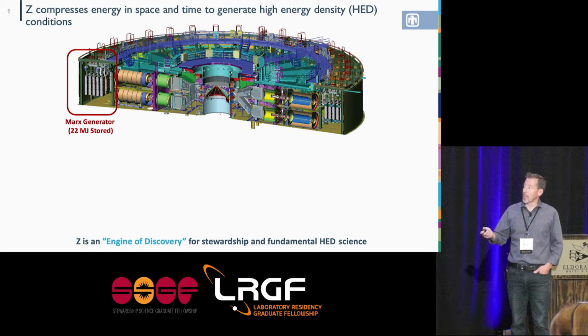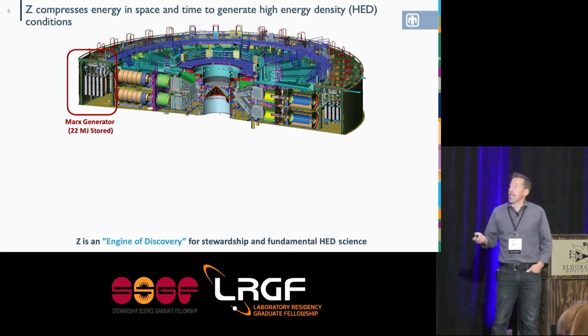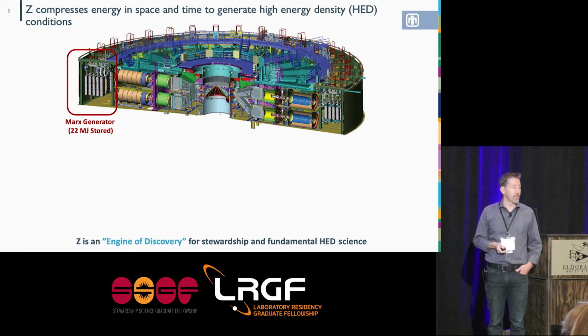And this is really the largest pulse compression stage right here. These capacitor banks are charged in parallel to 90 kilovolts or so, and then before we discharge them, we erect these capacitors in series. So we go from 90 kilovolts to about 5 or 6 megavolts. And when those capacitors are discharged, we go from a 4-minute charging cycle to about a 1 microsecond electrical pulse